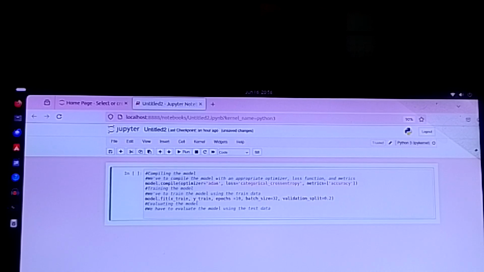So we have to evaluate the model, the created neural network model, using the test data. And for that, let's write the code. The code is test_loss, test_accuracy. We have to get both of them. test_loss, test_accuracy equals